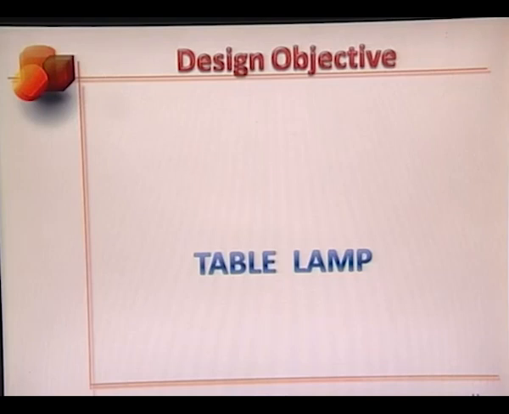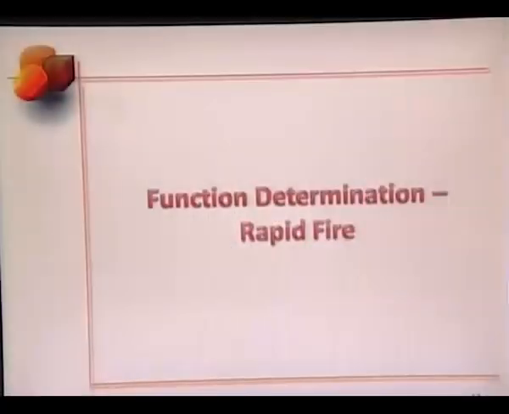We are going to be designing a table lamp together. We are going to be following a bunch of steps. I'll tell you each step one by one. I'll explain each step, and then we are going to be working towards designing a table lamp. This is the first stage of the workshop. It's called function determination. So we are going to be following 3 or 4 basic rules. Rule number 1, try to get as many functions of the table lamp as you can.